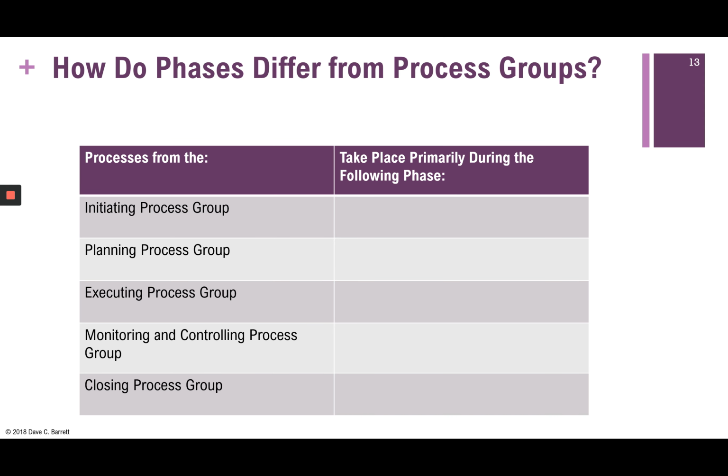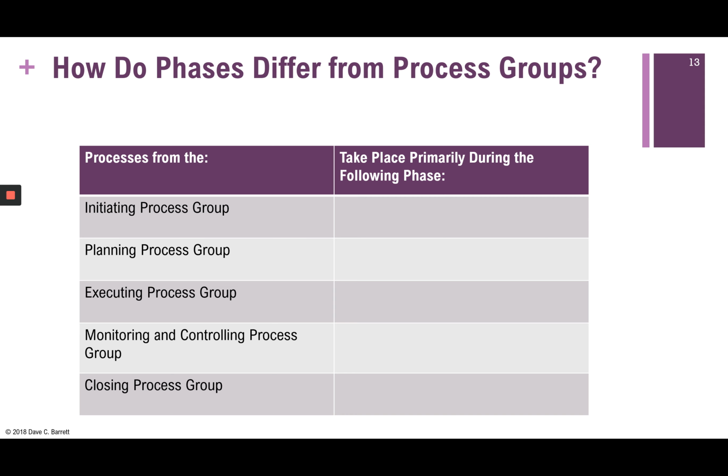Now, this sometimes causes some confusion, because what the heck is the difference between a phase and a process group? Well, here's a way to look at it. To make that even a little more confusing, they share some of the same names. There's an initiating process group and an initiating phase, and so it gets confusing. So here's the way you look at it. Process groups are just groups of processes. That's sort of self-evident. They're just ways to categorize processes. Phases are time periods within the project where things take place. And they are, as we've seen, relatively sequential: initiating, planning,